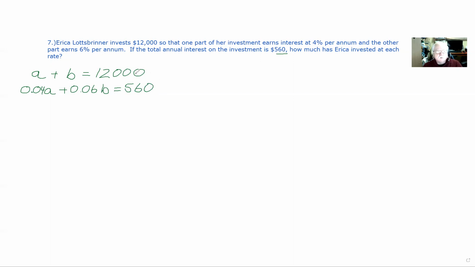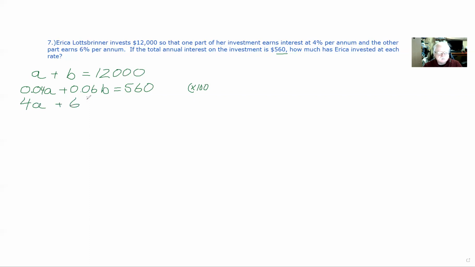So we're quite happy that we have two equations that are in the standard form, but this equation, we're going to have to get rid of the decimals. So we're going to go times 100. So 100 times 0.04 is going to become 4A